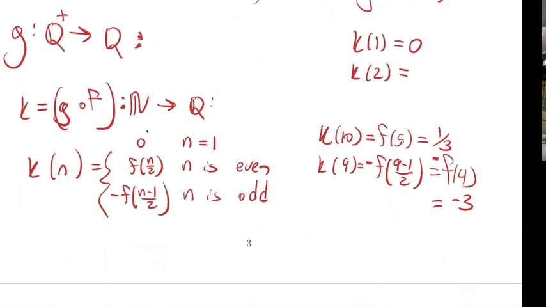And if you're like, well, what if we wanted to get minus 1/3? Well, that's what k of 11 would do. That would be minus f of 5. And so that's how I get the minus 1/3. So it's like one of them is going to give me the positive one, and then the very next one's going to give me the negative of that. And then I get the next rational number, and then I get the negative version of that. And then the next rational number, and then the negative version of that. Okay, so that's one way to do it.